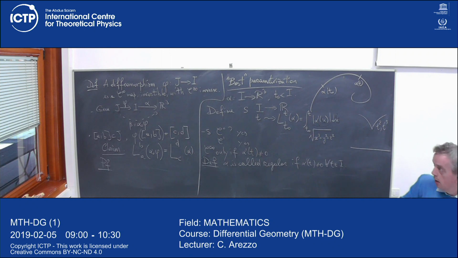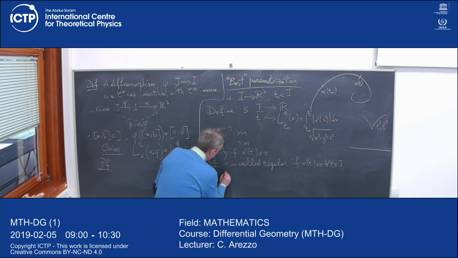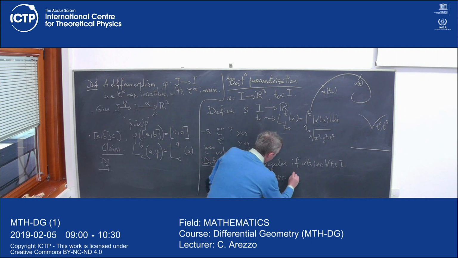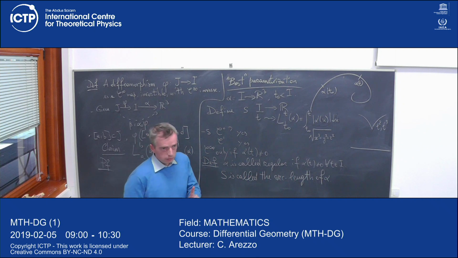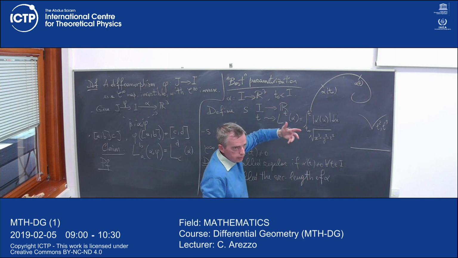Now the question is, how can we use this? Actually, this object here is called the arc length, of course. So the map S is called the arc length of alpha. And notice, just to finish, that this depends only on one thing. Of course, it depends on alpha, but on alpha, the only thing that we did was to choose one point. So in some sense, it's unique up to the choice of this.